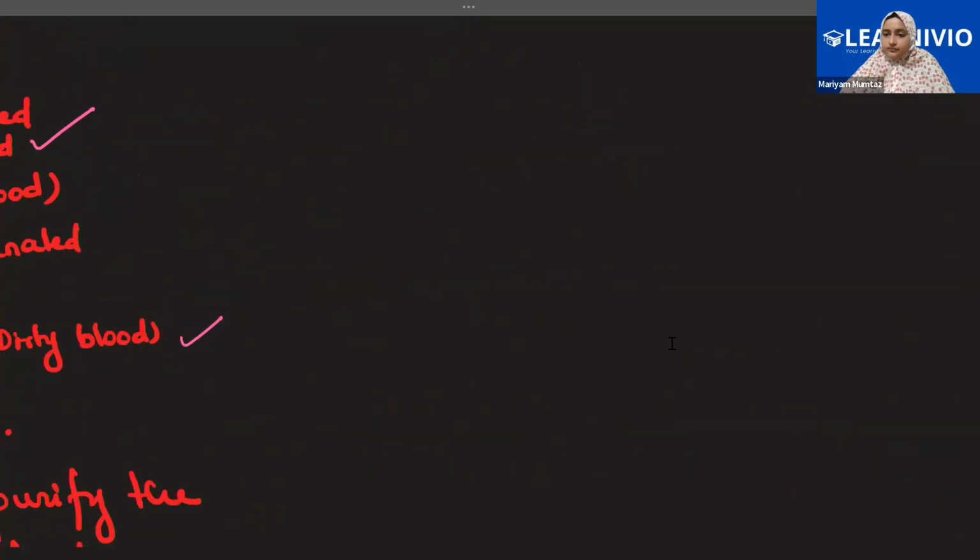Yes, ma'am. The blood from the body is brought to the right atrium by the vein. Yes, you are right. What is the name of the vein? The vena cava. Yes. Then it is passed on to the right ventricle. Correct. Then from the right ventricle, where does it go? From the right ventricle, it goes to the